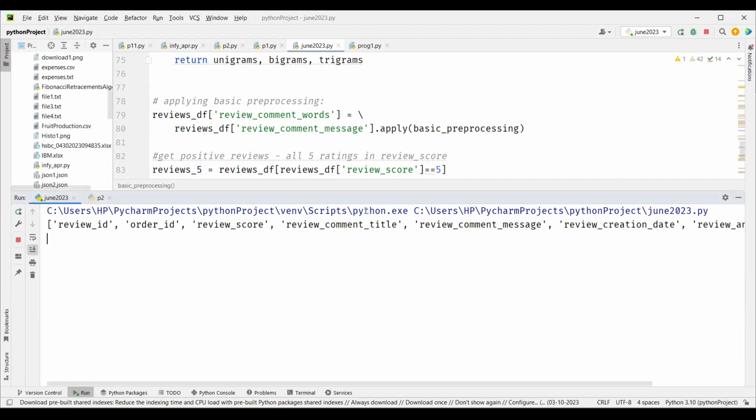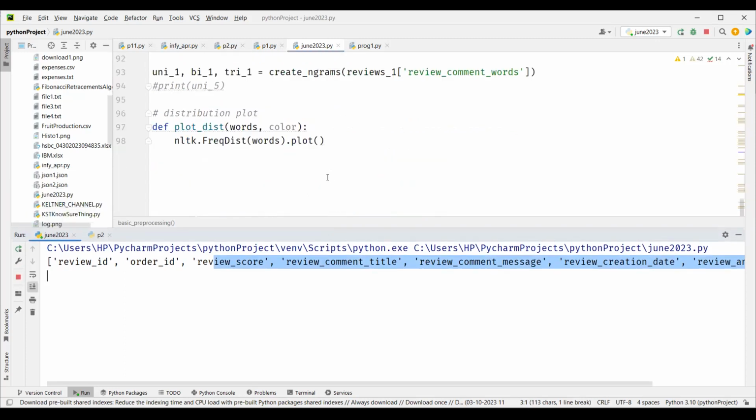So I told you unigram is a single word, bigram is two consecutive words. If these are the words here, each of these will be a unigram, and bigrams would be review ID, order ID; order ID, review score; review score, review comment title. Trigrams would be three consecutive words together: review ID, order ID, review score; order ID, review score, review comment title; review score, review comment title, review comment message. These are your trigrams. So we're going to create unigram, bigram, and trigram, and then we will populate this on